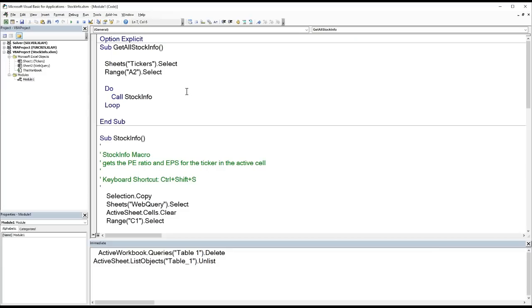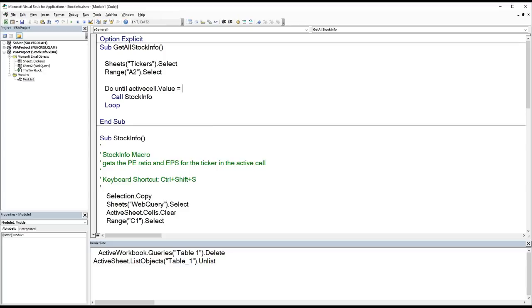So the way I do that is with an Until clause. By the way, this code will execute the way it is. It's not especially desirable because there's no way out of this loop. It'll have to run until it has an error. But in this case, I'm going to go ahead and give it a way out. So I'm going to do Until some condition is true. And what's that condition? Until the active cell, not its address, not its formula, not its color, but its value